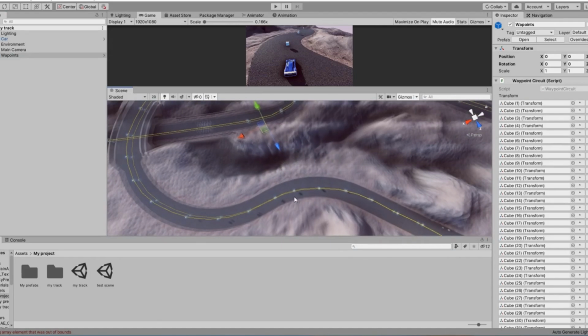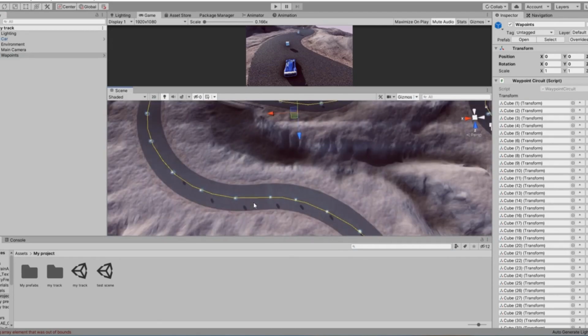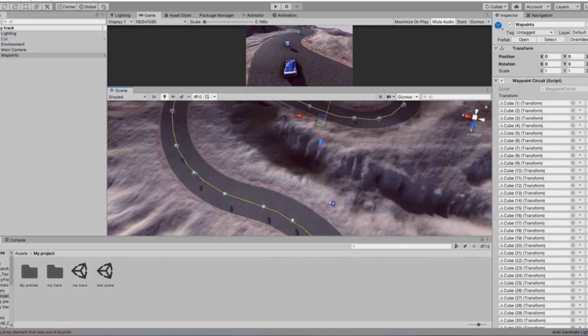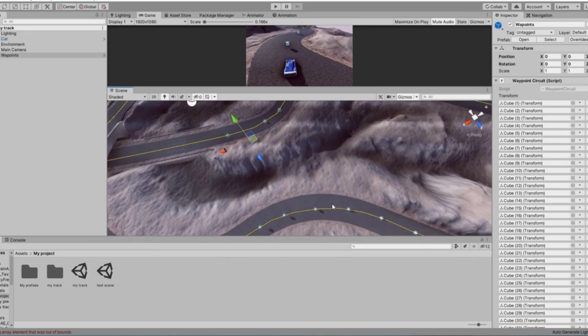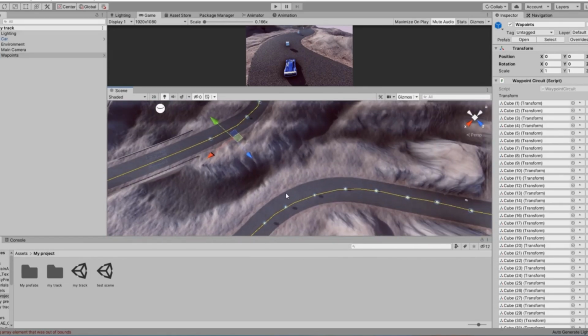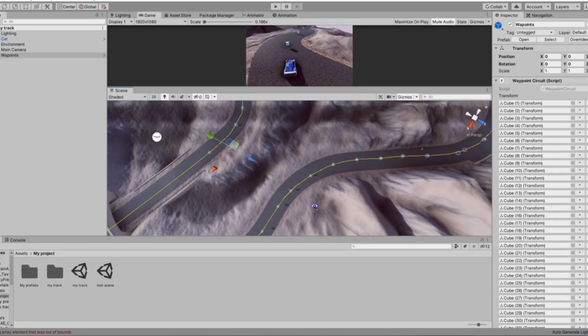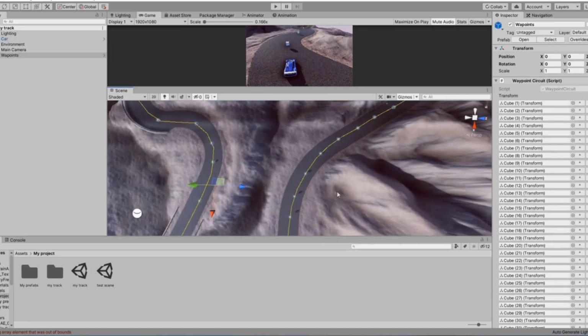Now if you have any problem in setting up the AI car, and your AI car is not behaving correctly and not following the circuit, or you are unable to perform the perfect circuit, then you can post the question in questions and answers, and I will look into the issue.